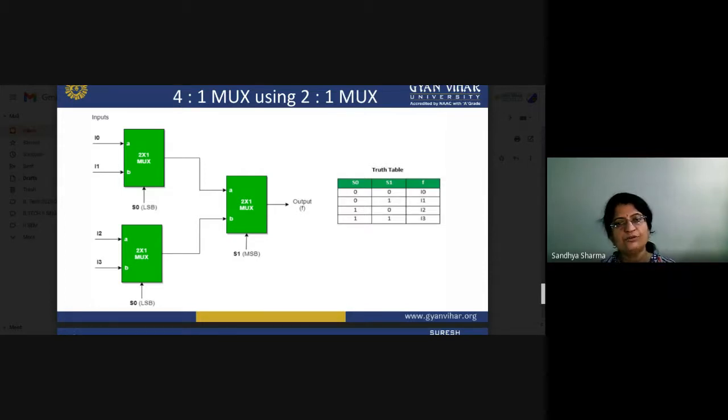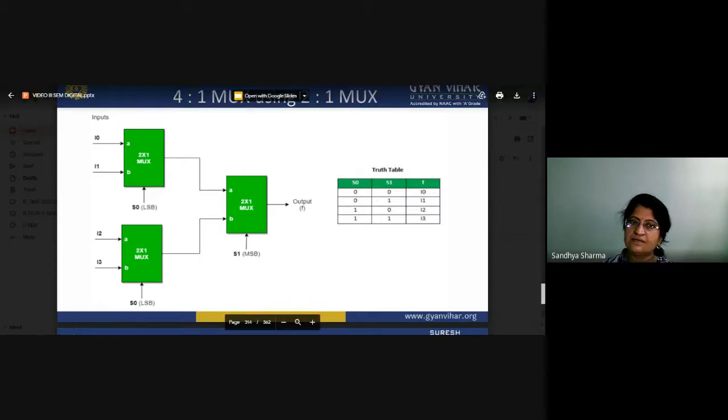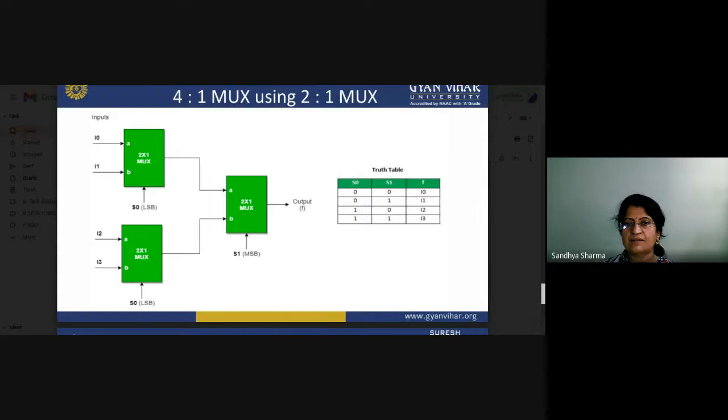Those 2 multiplexers can again be inserted into another 2 to 1 multiplexer. So these are the 4 input signals I0, I1, I2, I3, and these are applied to the 2 to 1 multiplexer, and this is the output signal.